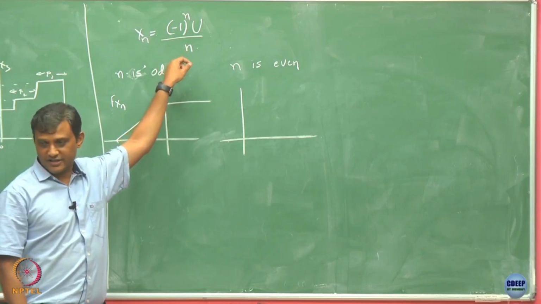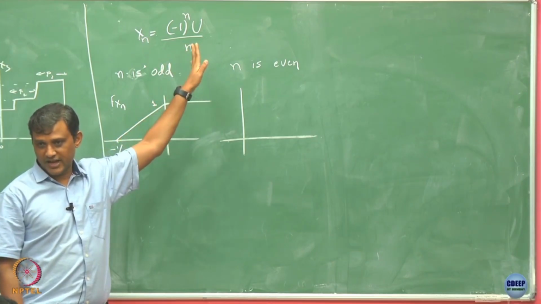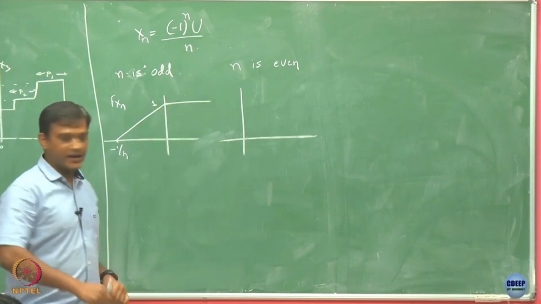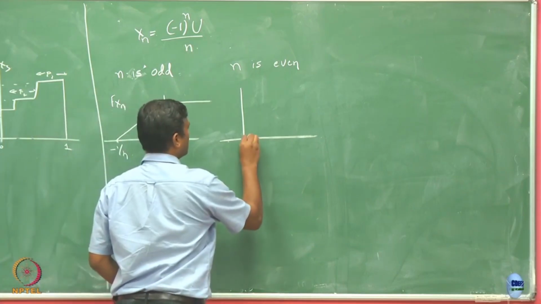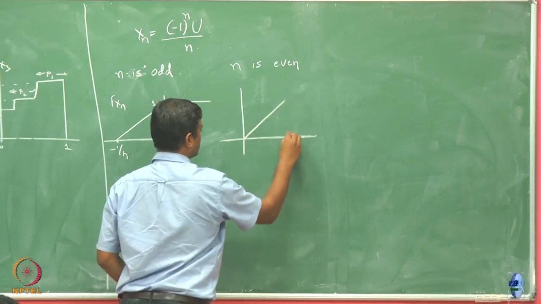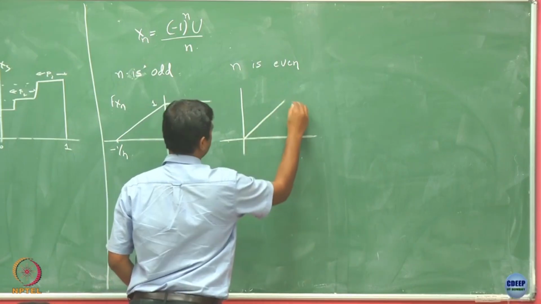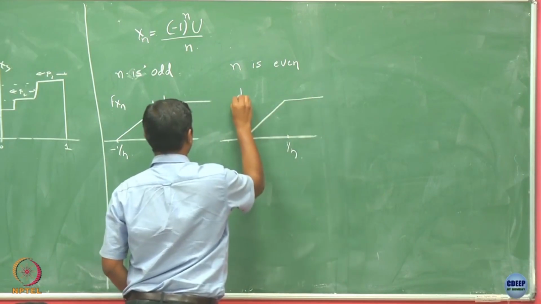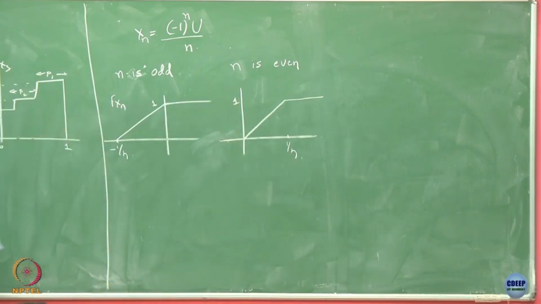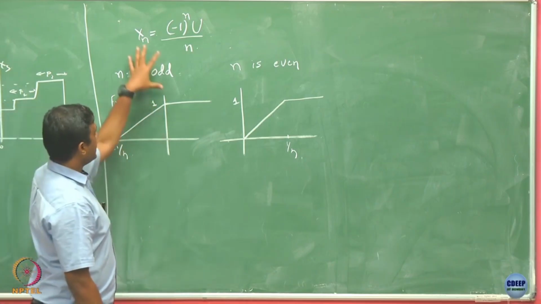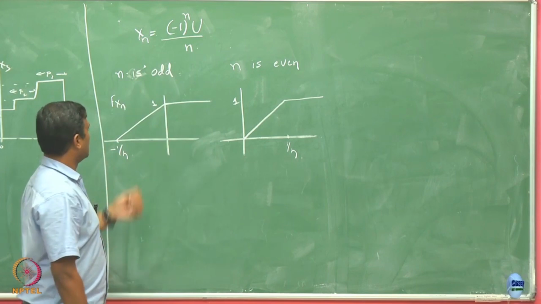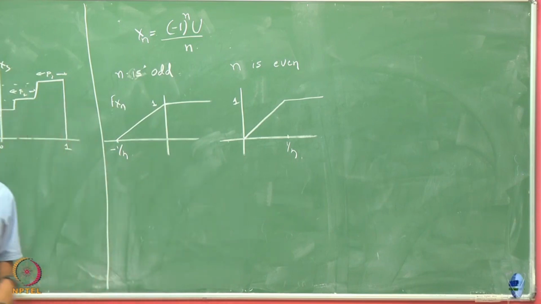What is going to be the smallest value? 0, and what is going to be the largest value? 1 by n, and then it saturates here, right, it takes 1. So I have this CDF which is going to look like this, depending on whether n is odd or